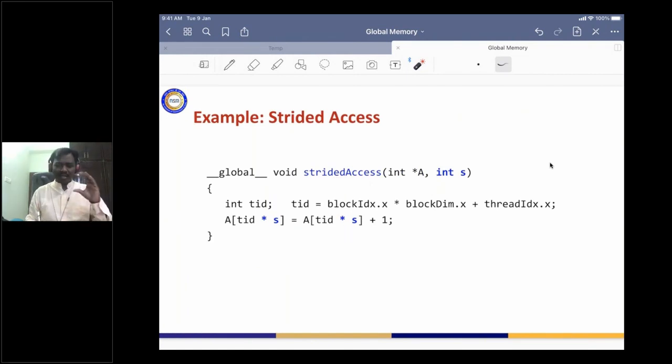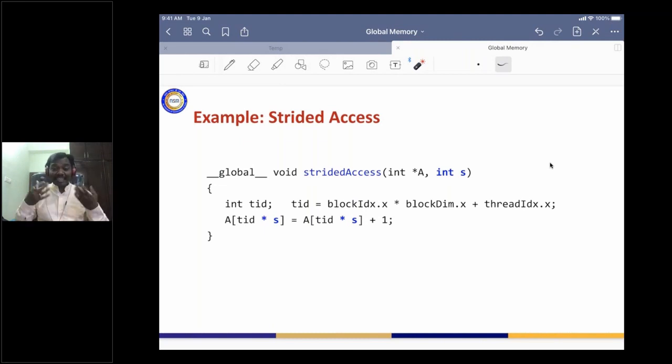Now, how do you write a main program to launch this kernel for various values of s? We have to write a for loop and call the same kernel many times. How many elements should be in your array, and how do you measure the running time? We are going to print the running time in each of these cases.